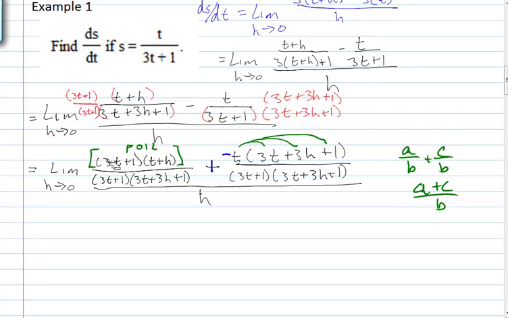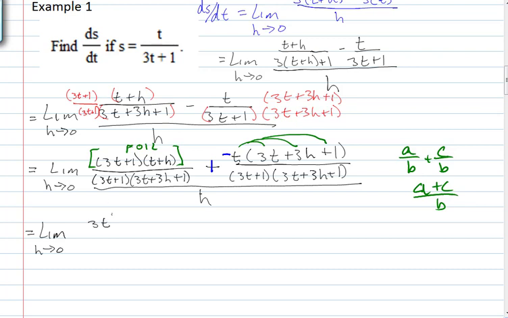I know that these factors are going to cancel because I multiplied them in there to force it to look like I want so that I can combine the numerators. I'm trying to get one rational expression on top. Okay, so this is going to be the limit as h approaches 0 of, when I FOIL this out, I'm